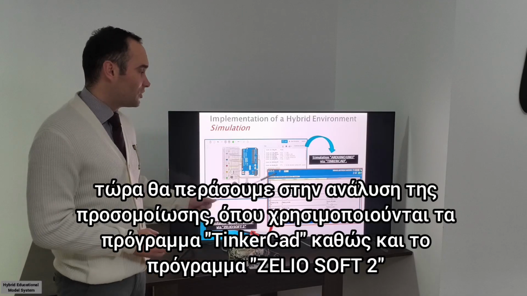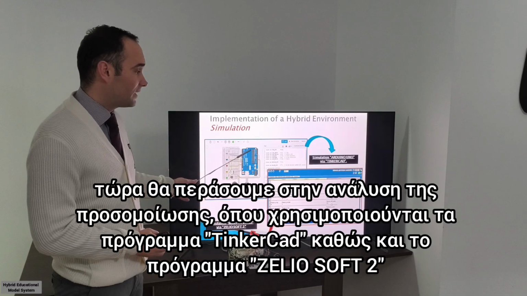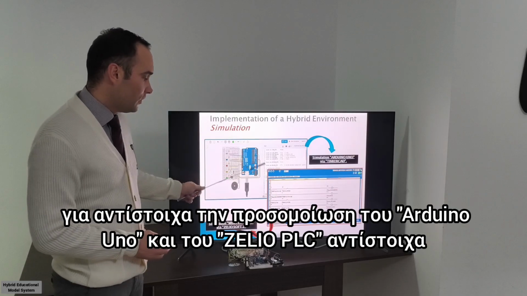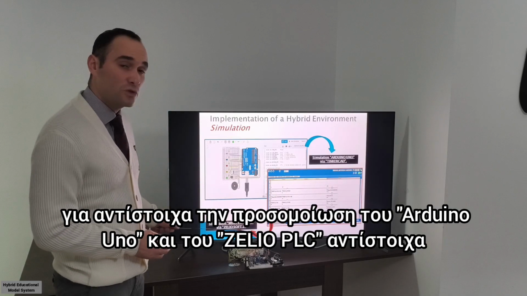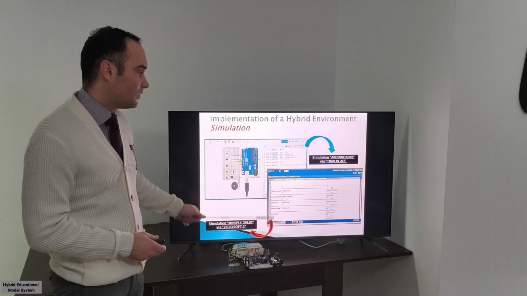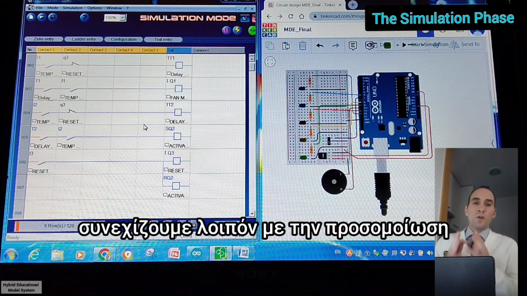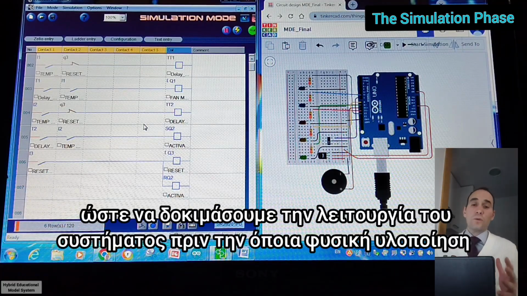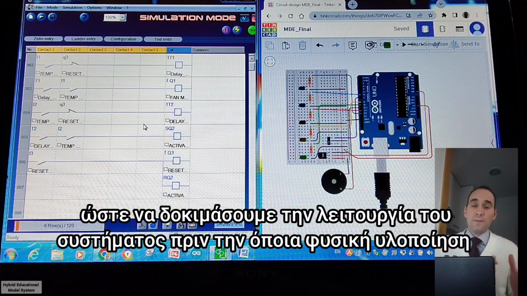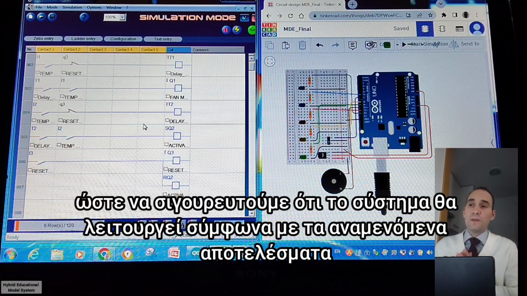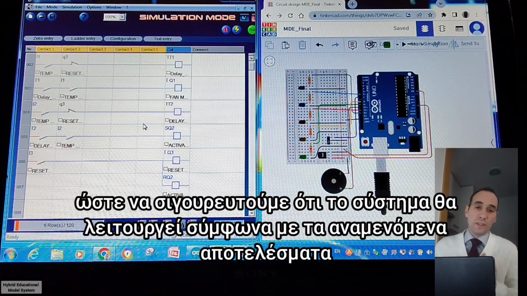Now we will pass to the simulation, where we use the online platform Tinkercad for the Arduino Uno, and of course we use Zelio Soft 2 for the Zelio mini PLC. So we will continue with the simulation phase. Before we check anything on our physical system, we must be sure that our system is working as expected.